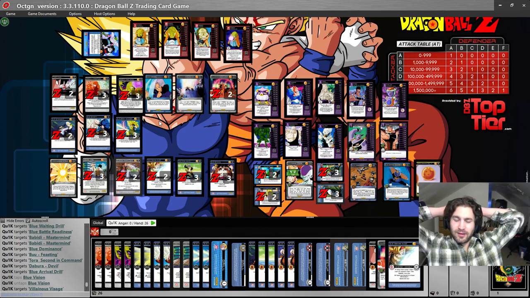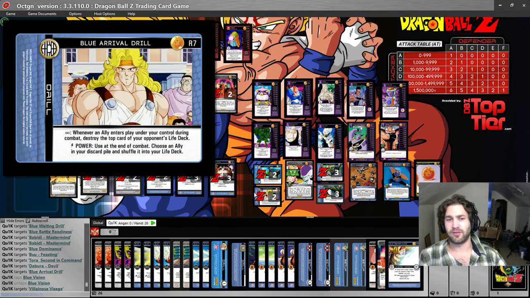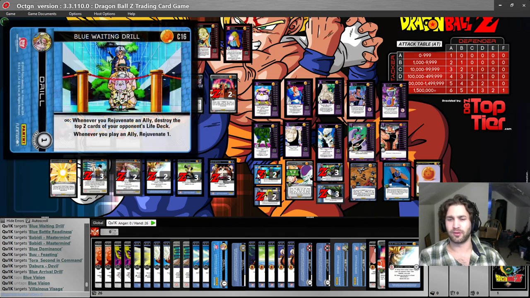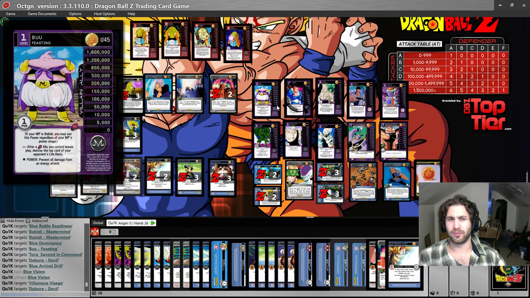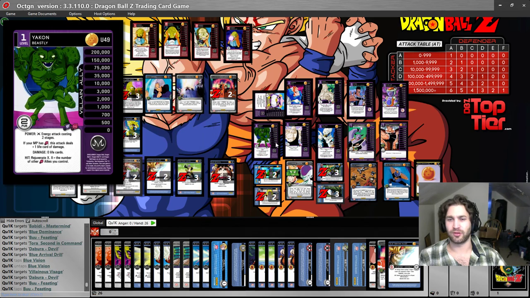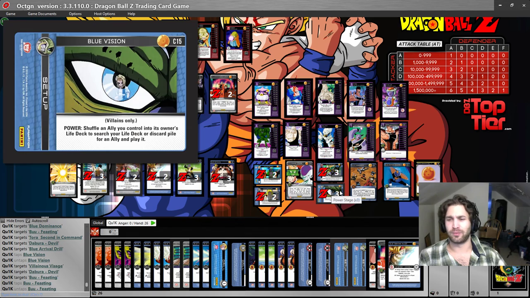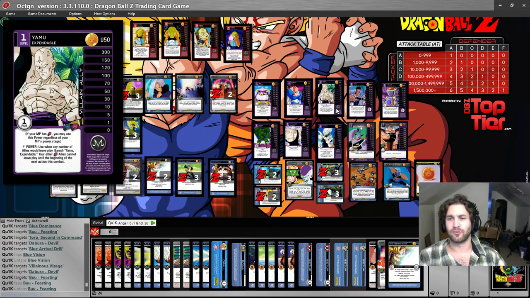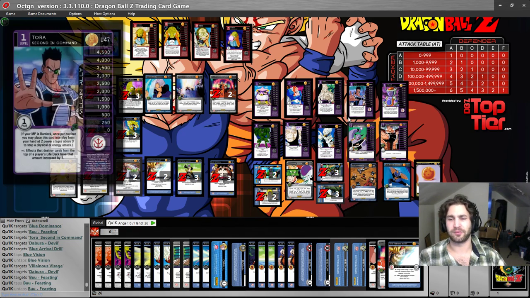I don't know, man. Either way, there are some pretty cool combos with the deck. Again, I think rival drill and waiting drill both have their times where one's better than the other, but they're both super solid. You can still work without them with Dabura and Boo. Ideally, you're going to get Dabura and Boo with these drills out, and you just sit there and bounce allies with Blue Vision. Worst case scenario, you put yourself to 0-1, and you Spopovich to kill a random ally,